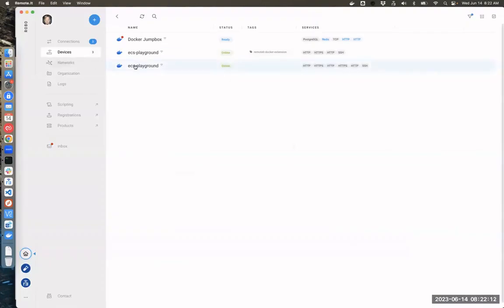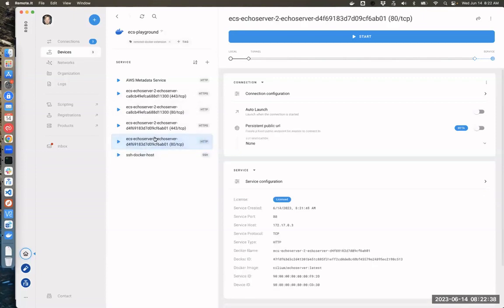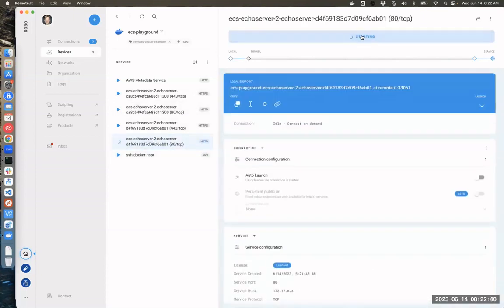And we can go in here now to our second one, and you can see we have the Echo server, and it's kind of doubled up. It has 80 and 443, 80 and 443. But what you have is you see your container IDs underneath here. These are 2 different containers. So these are multiple containers running on the same Docker instance in your ECS cluster, and I can get to both of them.